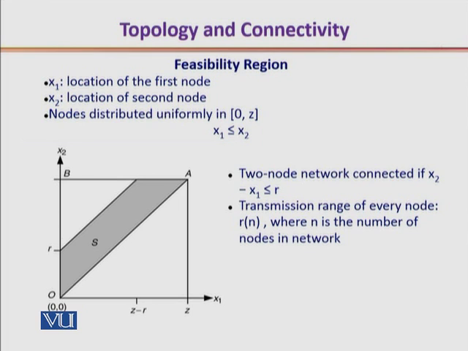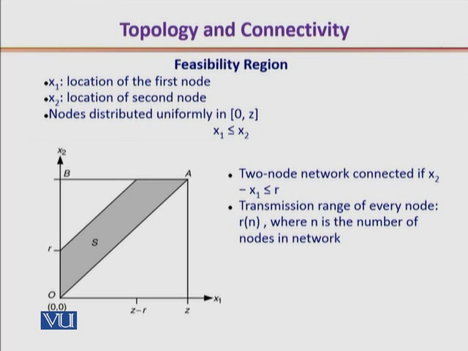Imagine we have two nodes, node 1 and node 2. These nodes are distributed amongst many nodes in a given geographical area in a normal distribution between the range 0 to z, and imagine that x1, that is the location of the first node, is less than